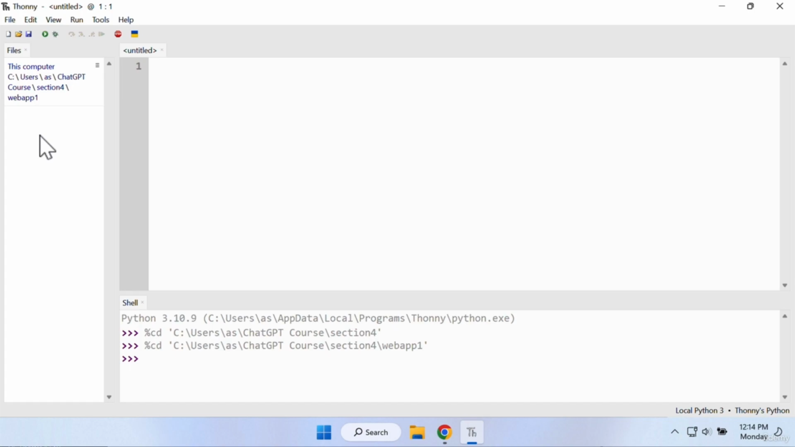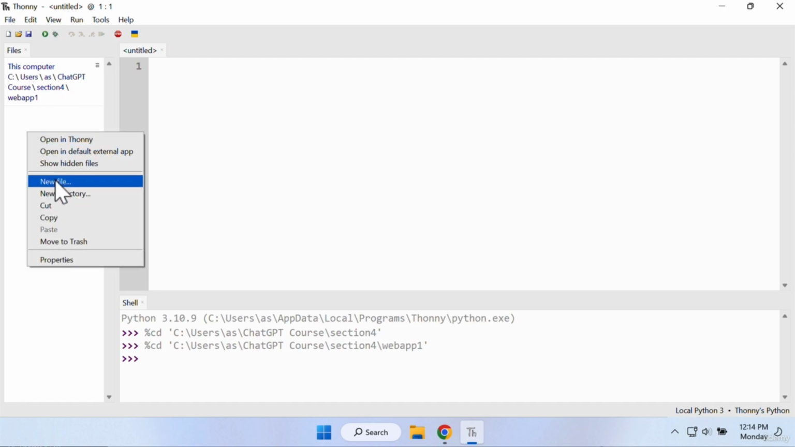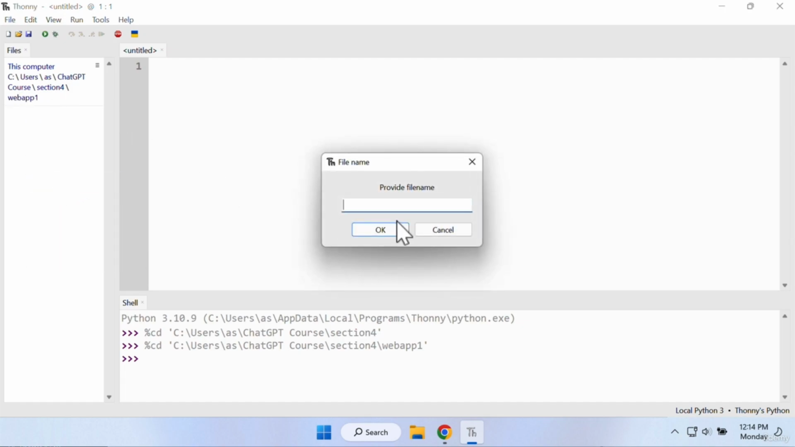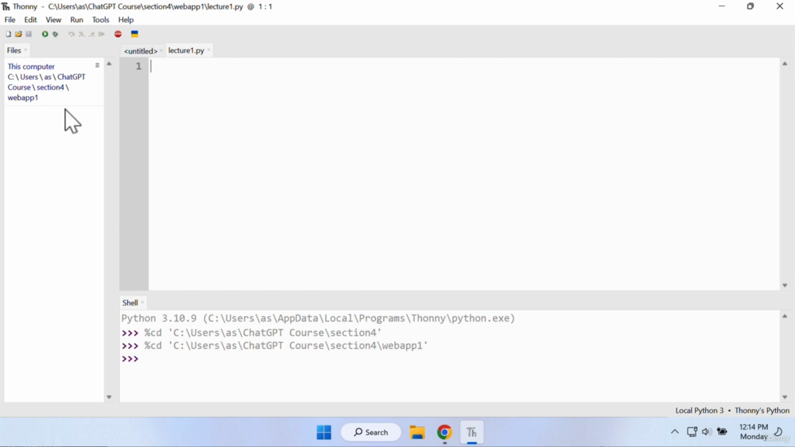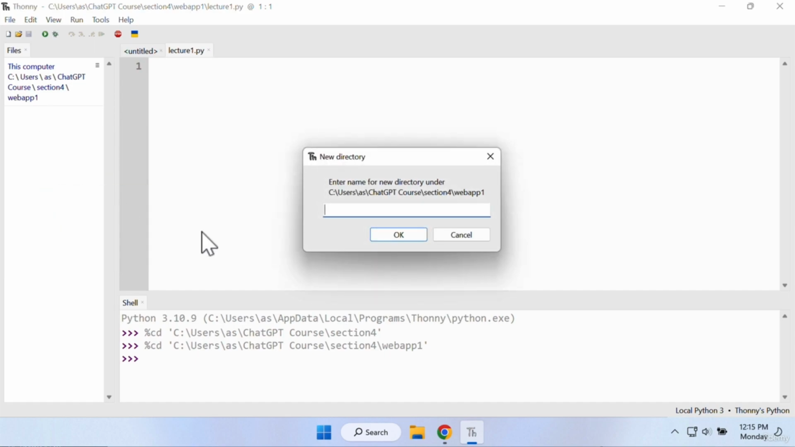I'm creating a separate directory for each web app because for each web app we will have multiple files. So for web applications, one Python file is not enough. You need multiple files. So let's create the first file, new file, inside web app 1 and name it lecture1.py. Press OK. And then you want to create a directory inside web app also. So new directory, call it templates. The name should be exactly as you see it here, with lowercase letters, templates, so plural, with an S at the end, not template, but templates. Press